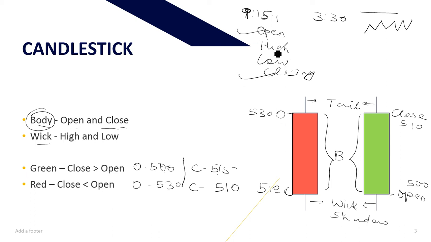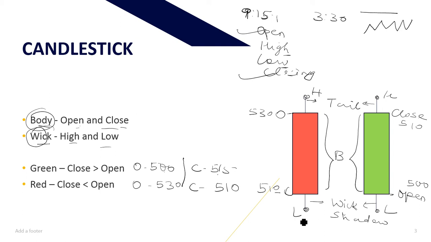Now we will be discussing about the high and the low part. So high and the low part will be given by the wick. Body gives us the open and close, wick gives us the high and low. So the highest price will be given by this part. It will form the highest price, and the lowest price will be given by